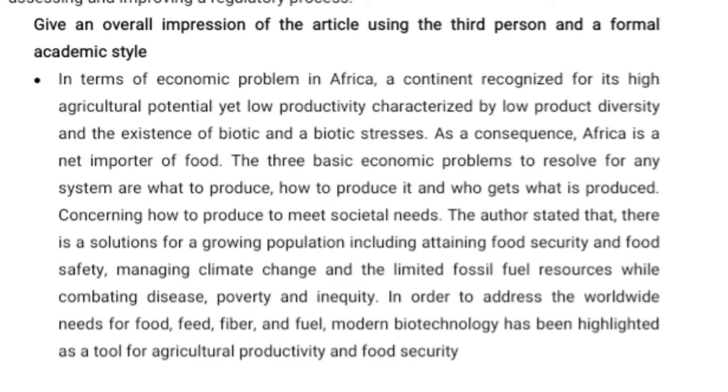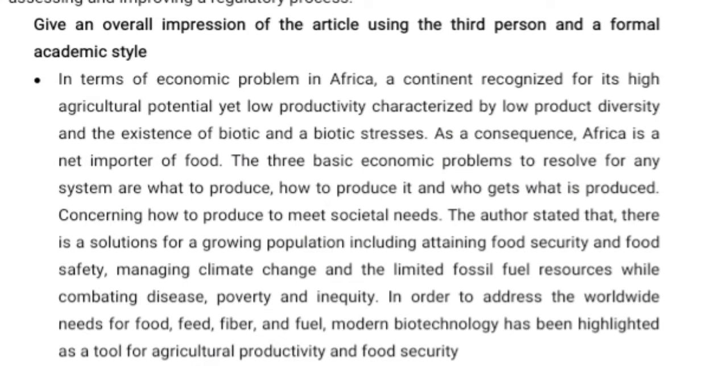Africa, a continent recognized for its high agricultural potential yet low productivity, characterized by low product diversity and the existence of biotic and abiotic stresses. As a consequence, Africa is a net importer of food, and the three basic economic problems to resolve for any system are what to produce, how to produce it, and who gets what is produced, and concerning how to produce